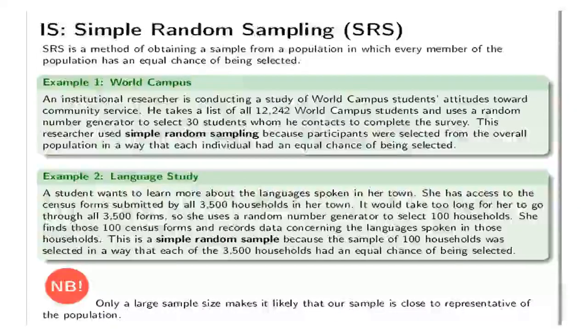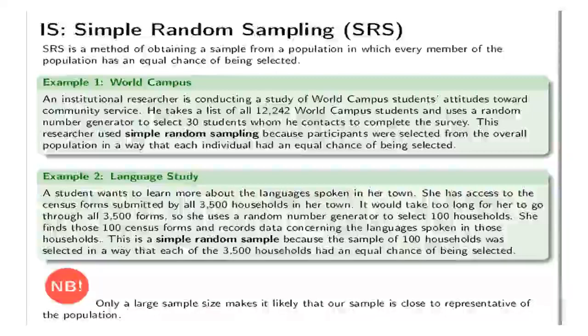If we go back to our previous discussion on bias, this is what would minimize bias. So for practicality's sake, if the population is too large, we just need to go for SRS, or simple random